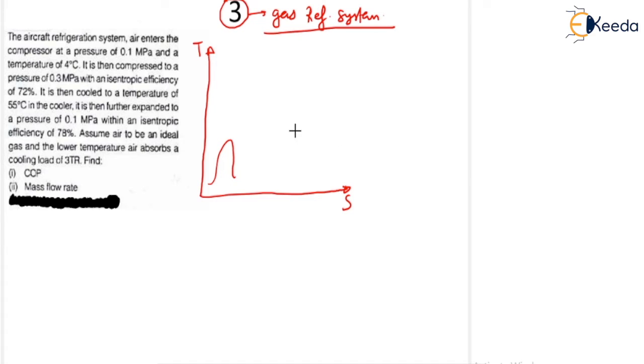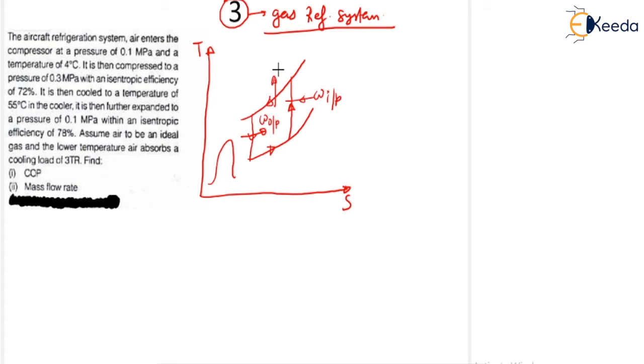So first of all, you need to plot your T-S curve, and beyond this saturation curve you have to mention your pressure scale. So this is your constant pressure line, and after that you can show all your components. Okay, so this is your compression. That means from here work input is going to be there. This is your turbine. That means from here work output is going to be there.